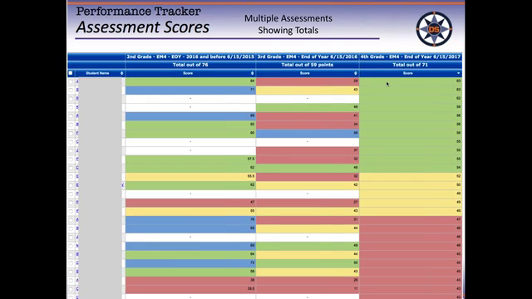So this is a good report for bringing up some concerns. This is already sorted from high to low on the most recent assessment. So these students scored on the level 3. I know that green is level 3. Last year, this student was a level 1, so he went up 2 levels from a 1 to a 3. That's great. This student too.